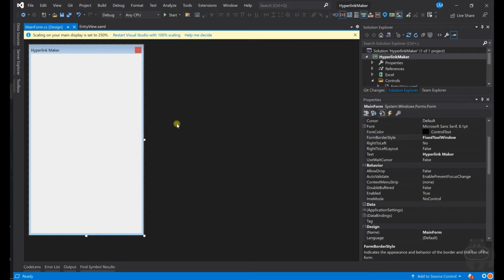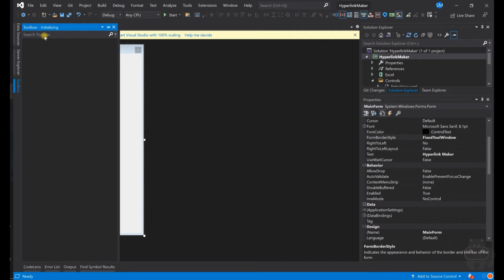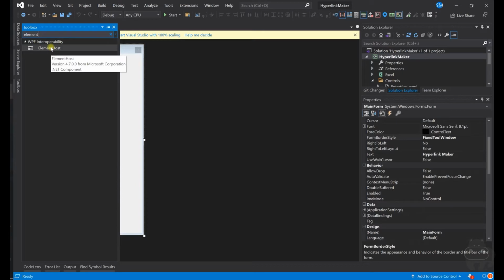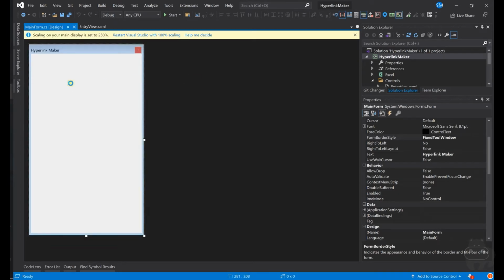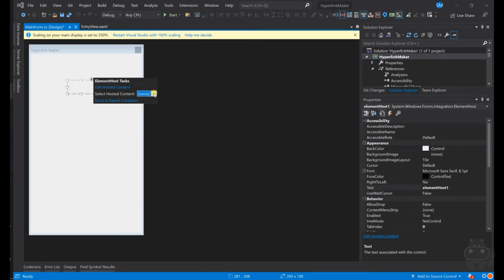And as we have seen before, we need an ElementHost. So go to the toolbox and search for ElementHost, because this is the WPF interoperability. In a Windows form, if you want to show a WPF control, you need an ElementHost. If it is the other way around, inside a WPF control you want to show a Windows form, you will use WindowsFormsHost. Drag and drop this. It's basically a container, which is now added. That's fine. You don't have any content at present, let it be there, no problem.